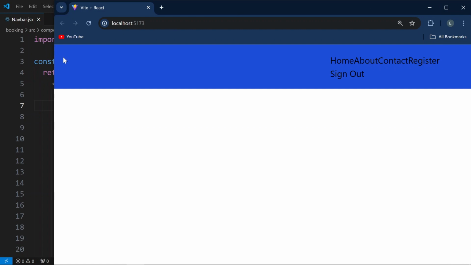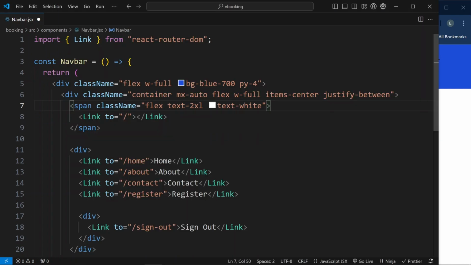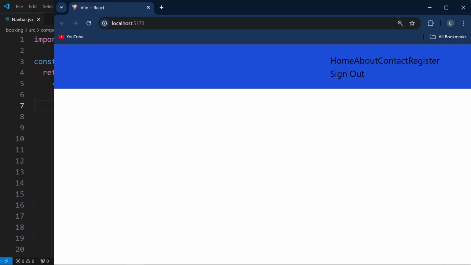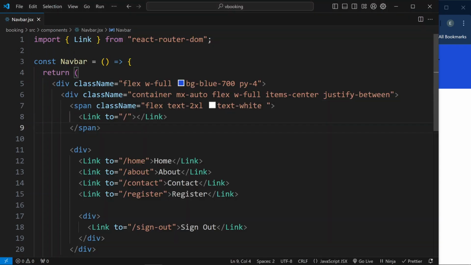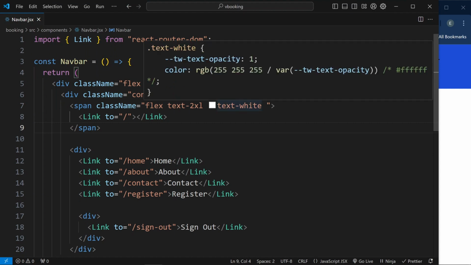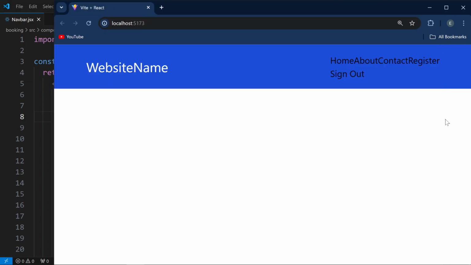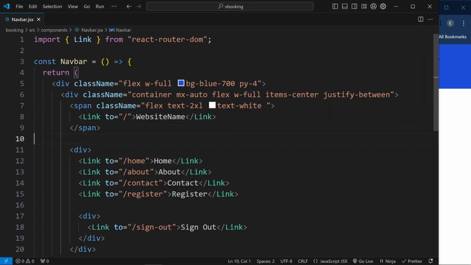Let's see. It's not showing us because we need to give it text white, so its color will be white. It's not showing. Flex, text white. Oh, we have forgotten to give our name here. Let's save it and see. As you can see,